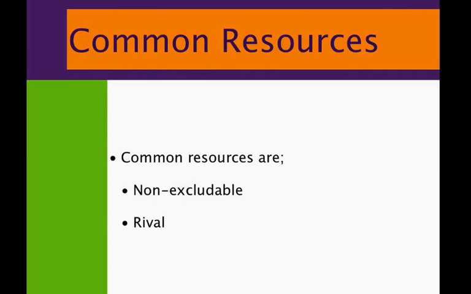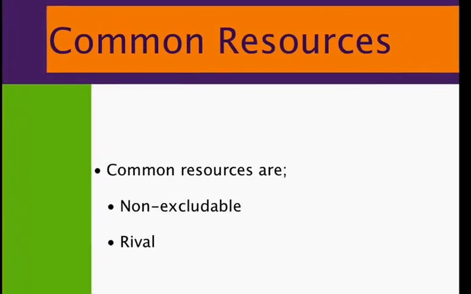What about common resources? These are non-excludable but rival in consumption. So the salmon fishery in the Pacific Ocean has historically been a common resource. If a person had a boat, they could harvest salmon from the ocean, even scoop the fish out from the bank of a river as the salmon head upstream. This has made the salmon non-excludable. However, once a salmon is caught, it cannot be caught by a second person, which makes it rival. Okay, so we'll see that this combination of characteristics makes for a difficult situation for common resources like salmon.